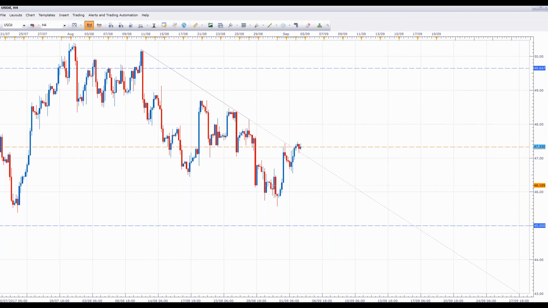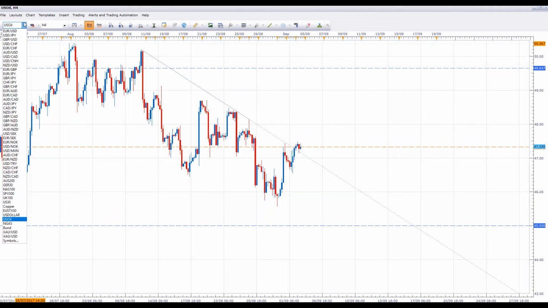So both of these, we just need to be a little bit more patient this week. You know what we're looking for in terms of direction on these, but right now they're kind of at a decision point. So we just need to give it a little bit more time, and we'll probably see these breaking one way or the other tomorrow, and that will give us an indication of what they're going to be doing. So if we go and have a look at some of these currency pairs,